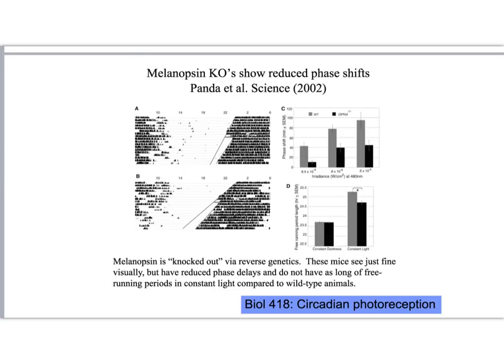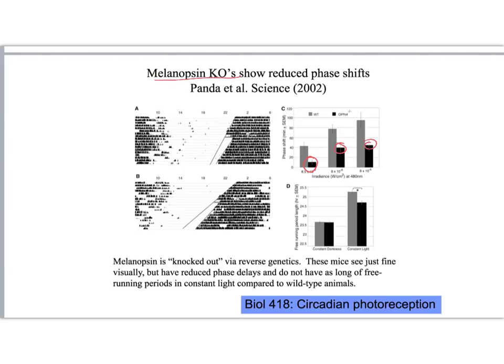So the first experiment, what they did is to knock out the melanopsin gene, and this was kind of a disappointing outcome because people thought, well, if melanopsin is truly the photopigment that is mediating photic entrainment, then if we knock out the gene, the animals should not respond to a light pulse. However, they responded with a smaller phase shift, but they could still phase shift, and they could also entrain normally